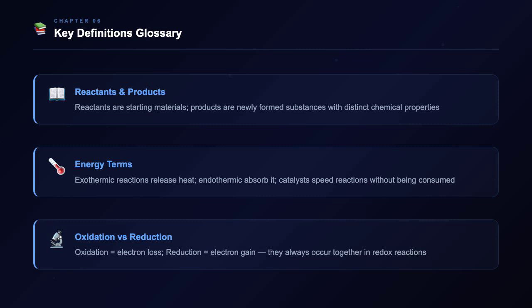It outlines critical energetic concepts, defining exothermic and endothermic reactions by their respective heat release or absorption, alongside the role of unaltered catalysts and insoluble precipitates. Finally, it contrasts the chemical mechanisms of oxidation and reduction while addressing the environmental degradation processes of metal corrosion and